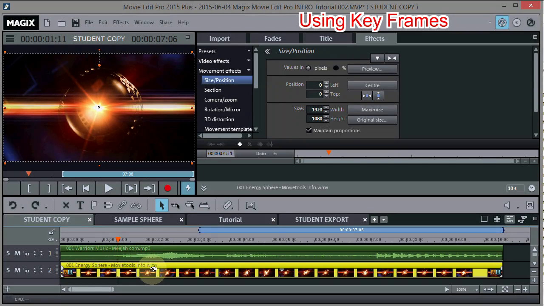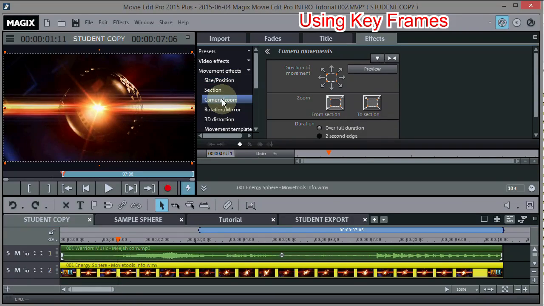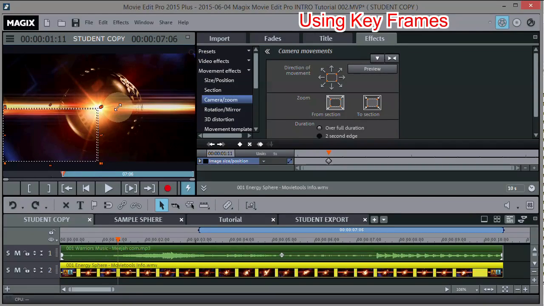And we'll highlight, of course, the sphere track. Now, under camera zoom right here, let's go ahead and zoom in on that area right here. It doesn't have to be exactly the same, but just get it as close as you can, like say right there. We'll zoom in, and then we've already created a keyframe, but we can just hit this create keyframe button again just to make sure. Okay,